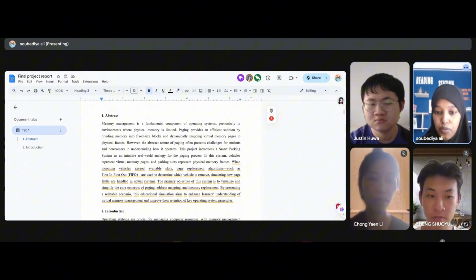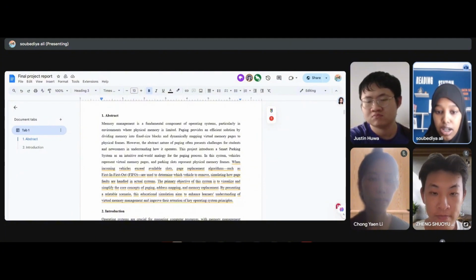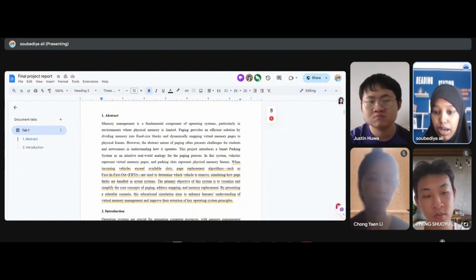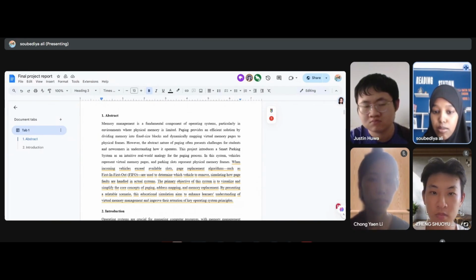So when the lot is full, the FIFO policy decides which car is removed, just like the page replacement algorithm. And this simulation helps us see concepts like address mapping and page faults, making complex memory management ideas more understandable. So in the intro,